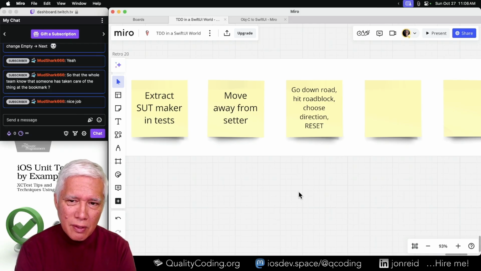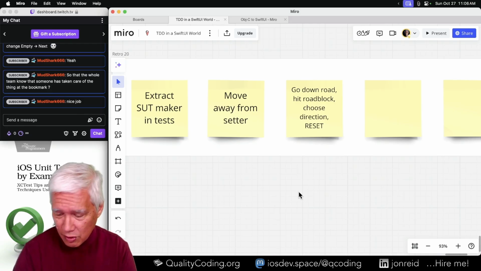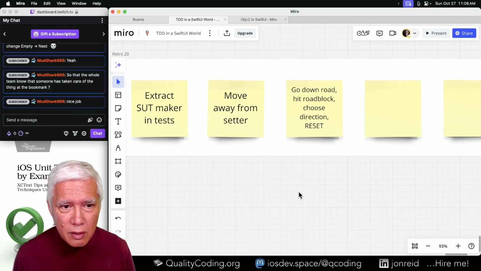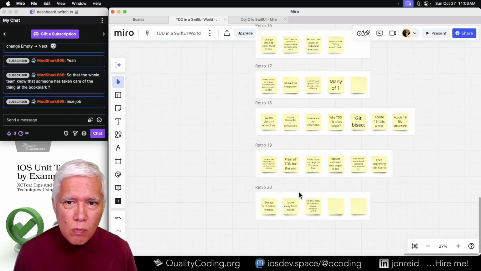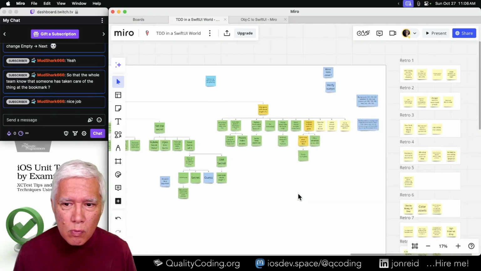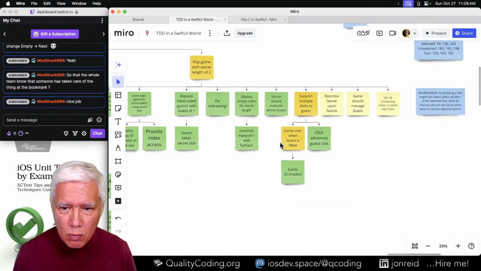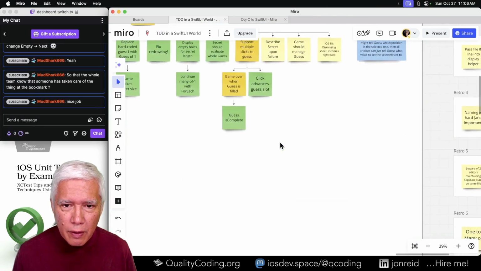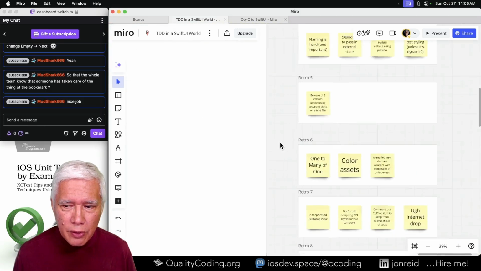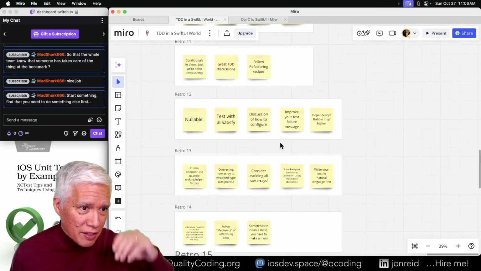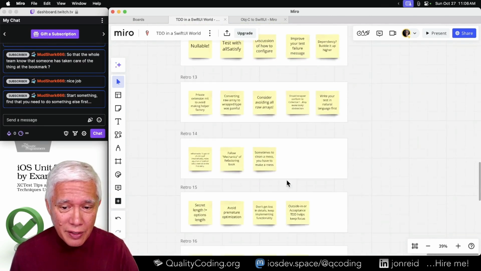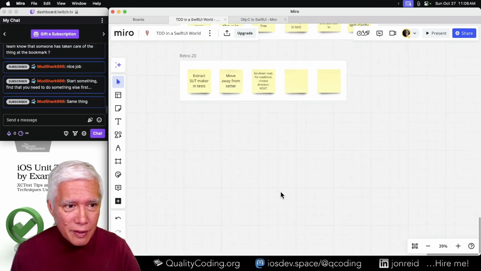So that was nice. Anything else? Continuing to give the model, start something, find that you need to do something else first. Yeah, exactly. Yep.